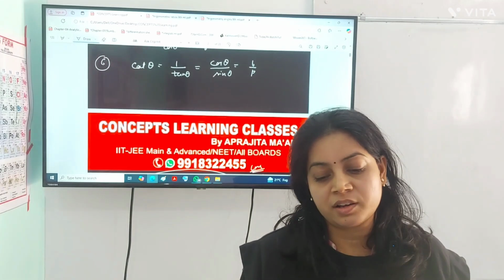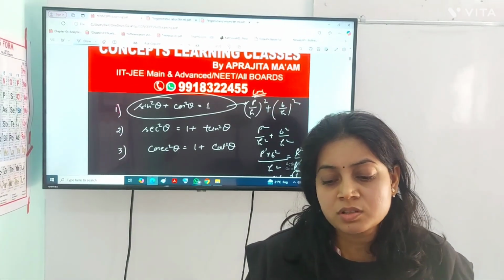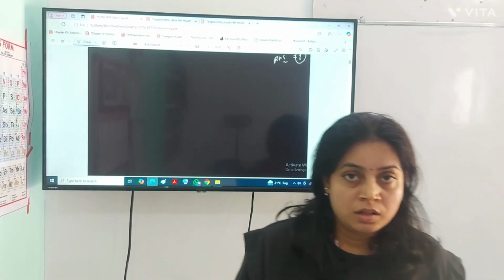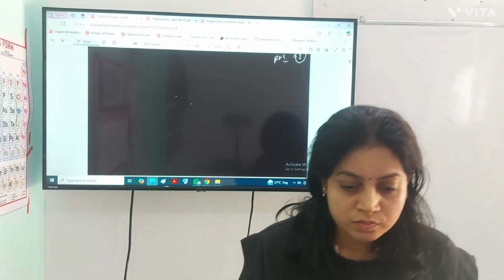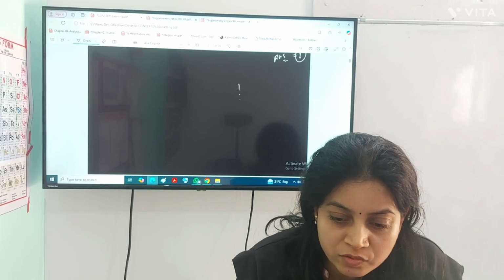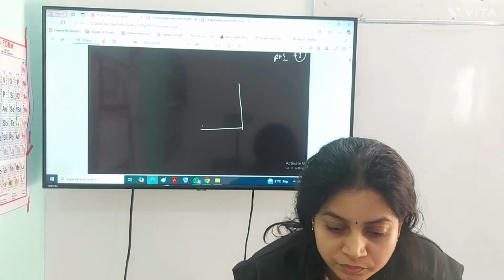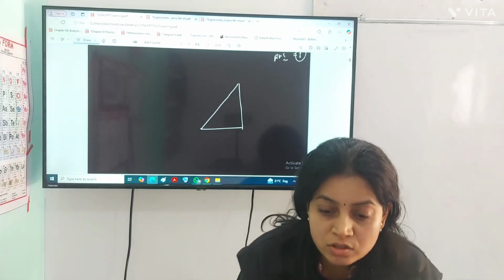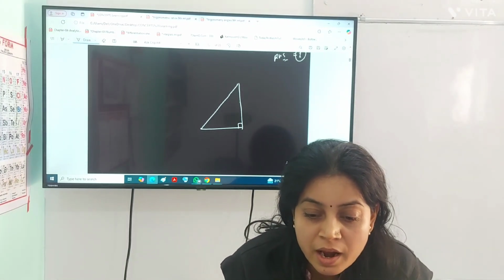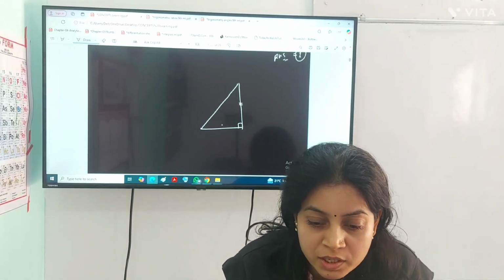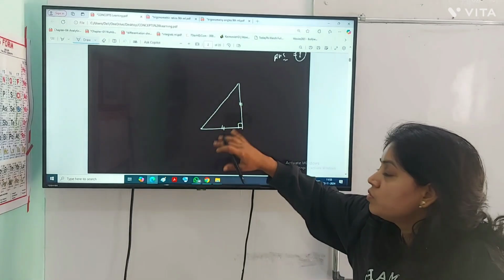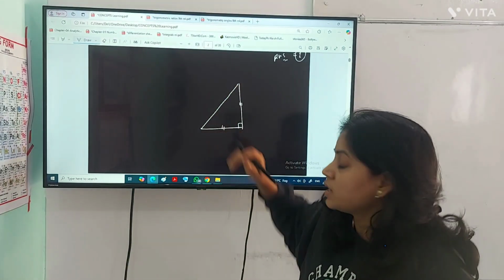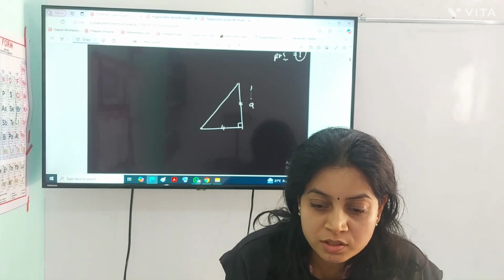Now the standard angles. So what are the standard angles? First I will derive them, because students used to learn all the things, but I think they must know the derivation also. So for the derivation, first I will take a right angled isosceles triangle. Right angled isosceles triangle means this is the right angle, and isosceles means two sides will be equal. The hypotenuse can never be equal to these two because it is the longest side, right? So I am taking these two sides as equal.